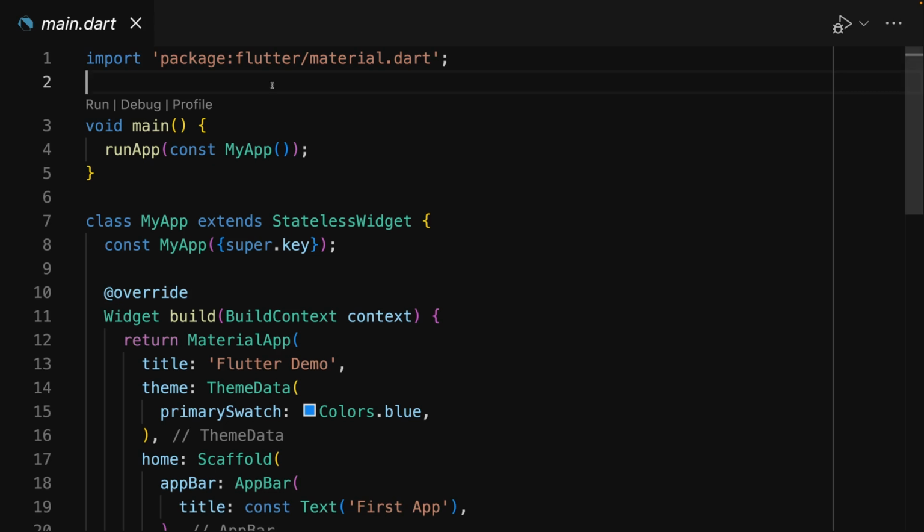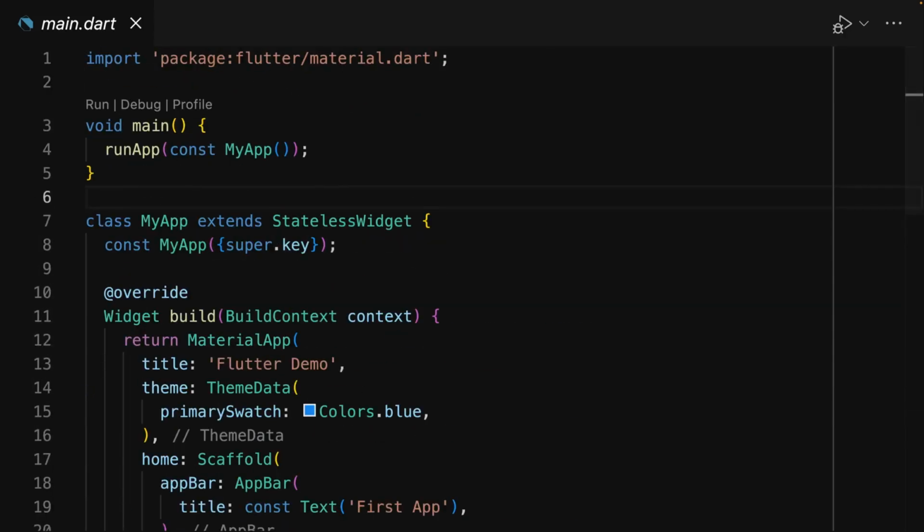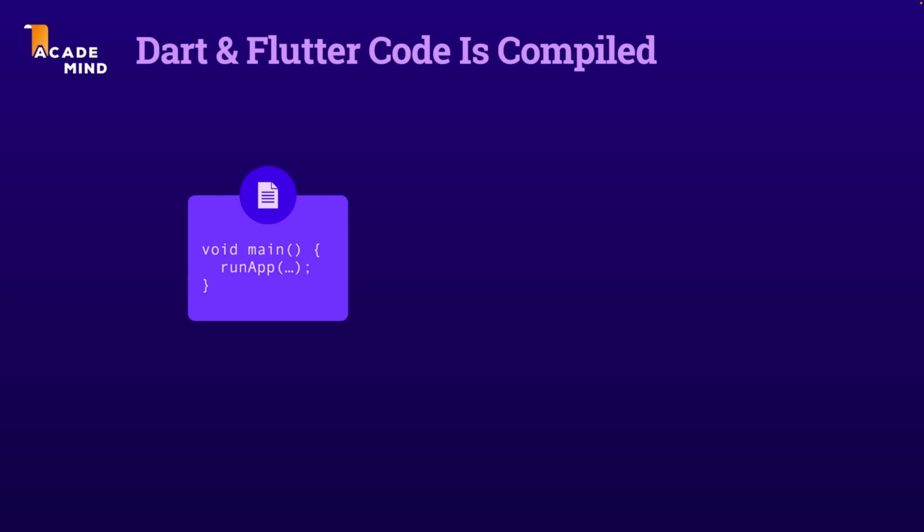Instead, what is happening is that Dart, in the end, goes through this code file top to bottom and reads that code file from top to bottom. It parses this code file, as it's also called. So your code in your code files is parsed by Dart in the end when you're building your project for running it on a target platform. That's the first step. Your code is parsed and analyzed by Dart, because keep in mind, Dart is the actual